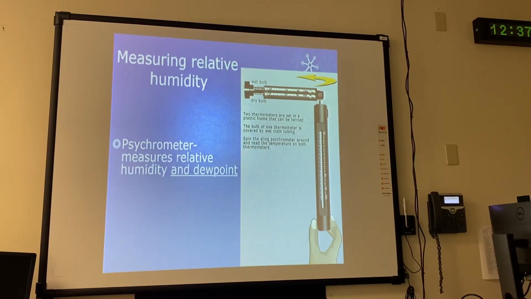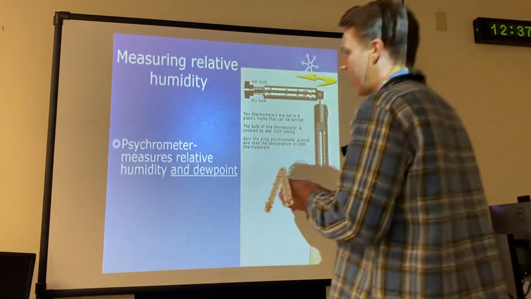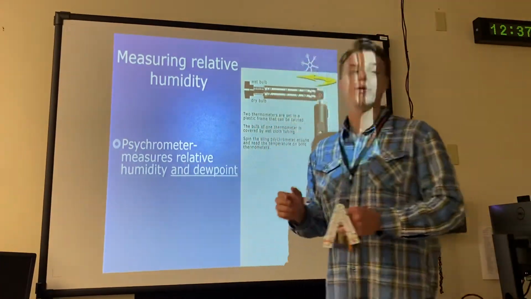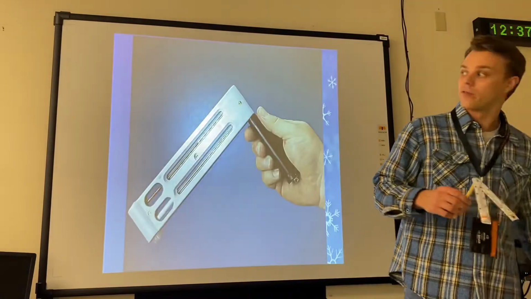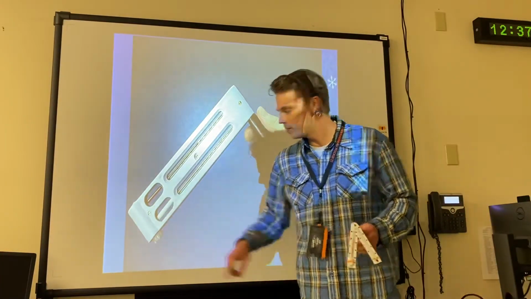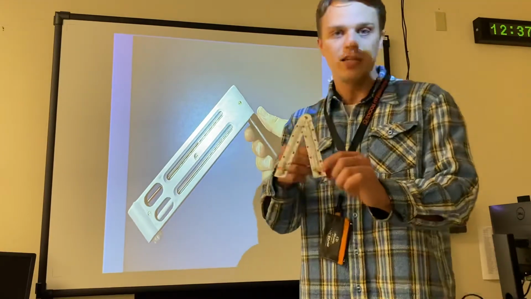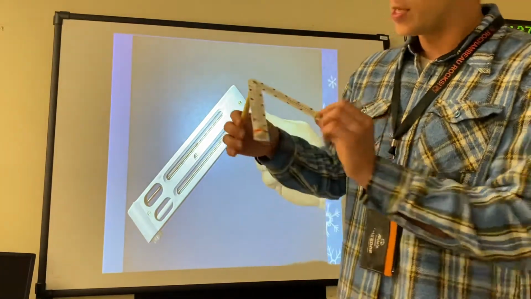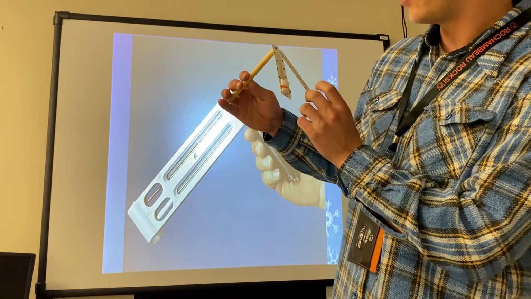All right. And this measures humidity and can measure dew point. But we got to use a special chart for that. Okay, so there's another sling psychrometer. Dry bulb, wet bulb. So the dry bulb is just a regular thermometer. So this is telling us the temperature in the room. This is in Celsius, and it is